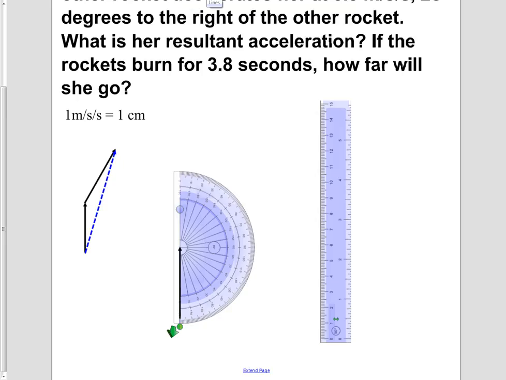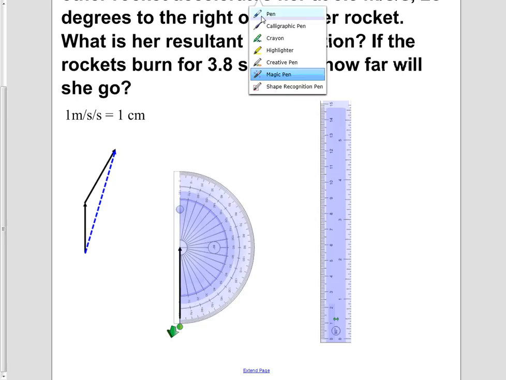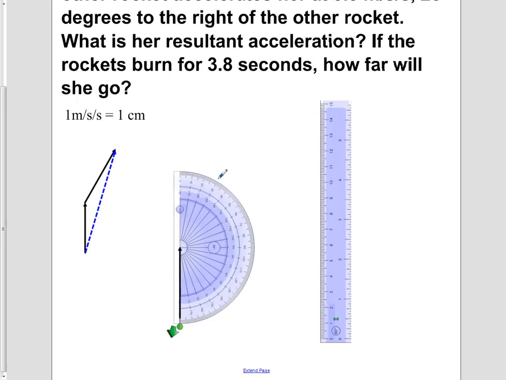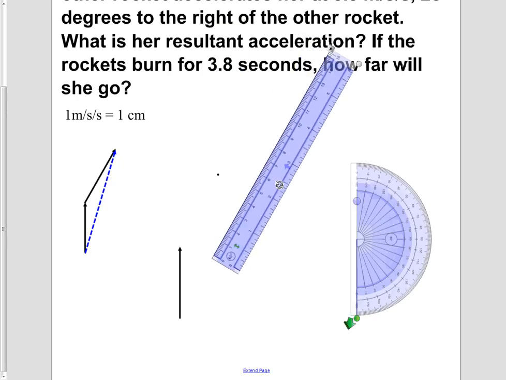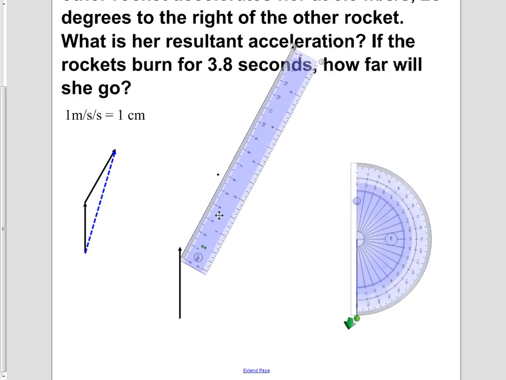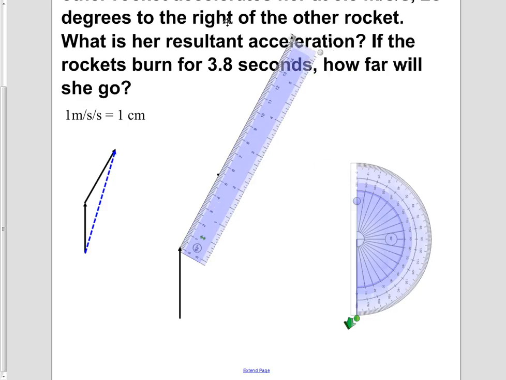So I'm going to do that now. So we'll go ahead and make that little mark. That little mark is going to be right at 28 degrees. There we go. And I'll get the protractor out of the way. Line up the ruler with the edge just like that. And now I'll be able to make another vector that represents the 5.8 meter per second squared acceleration. I'll make that 5.8 centimeters long. And we're good. Now I'll move the ruler out of the way,